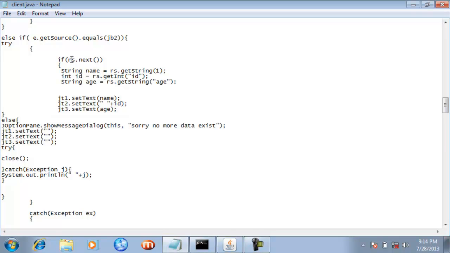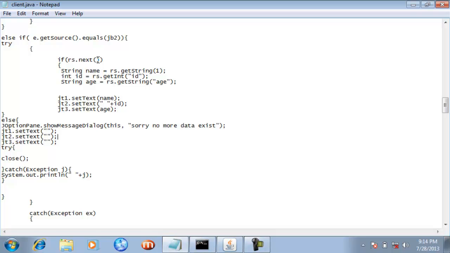Now this rs named object is holding the reference of the first row existing inside the MS Access database, or you can say inside the table 2, and this next method exists inside the ResultSet interface, as we know.